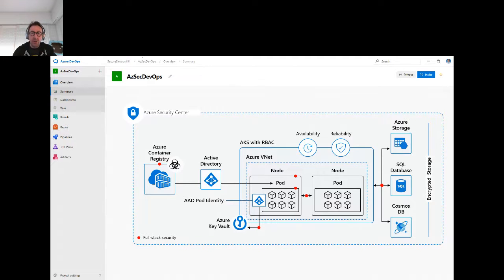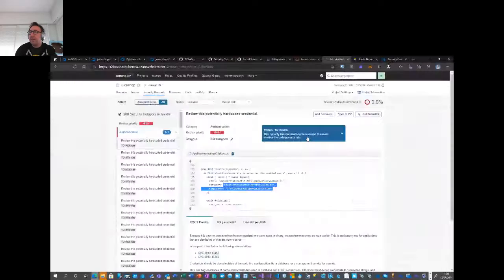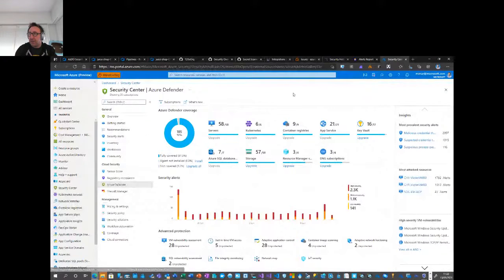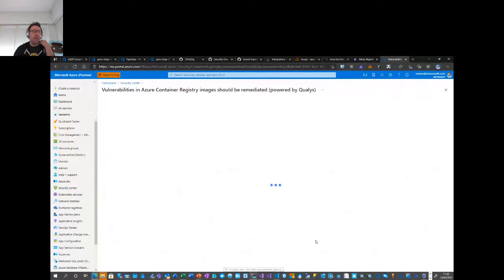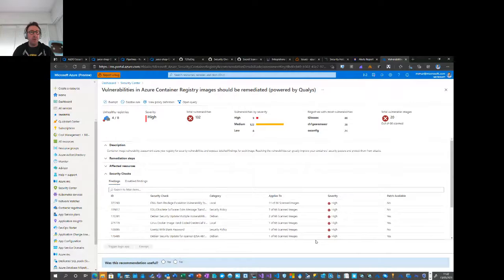I'm going to quickly show you what this looks like. So in Security Center, we have Azure Defender. And if you click on this, you get this nice overview window. And we have this container image scanning tool. Now, you will say, yeah, but once I already push my container in there, I know you can scan for vulnerabilities against the images that I built. But isn't it too late then? True. But you can actually use this information once the image is in there to validate against the